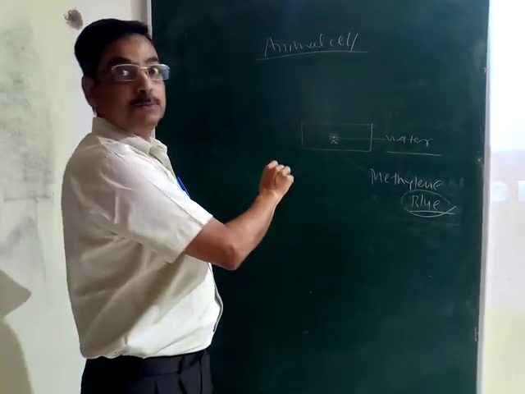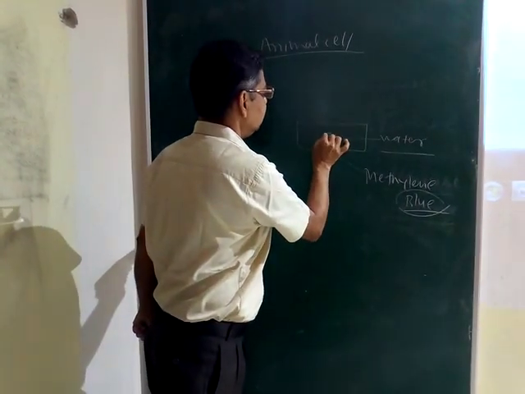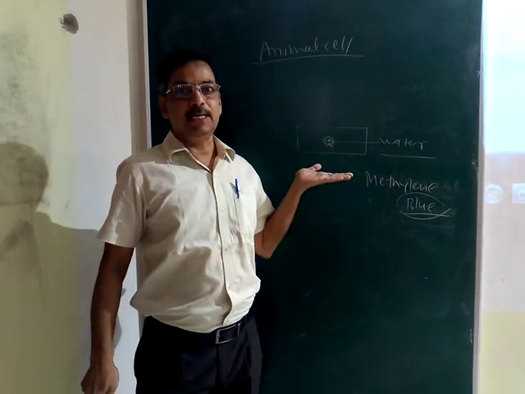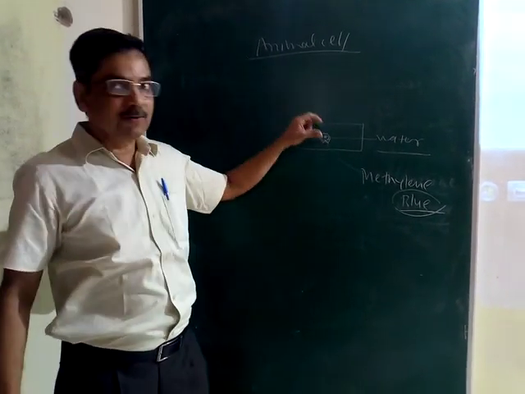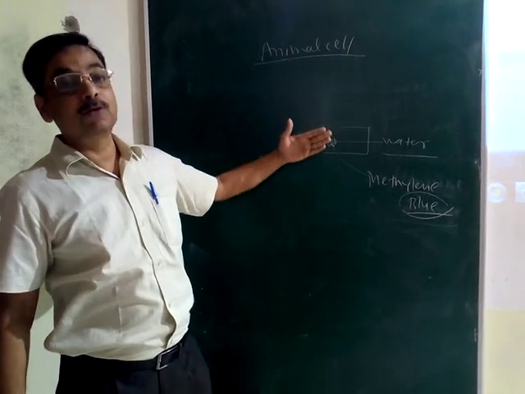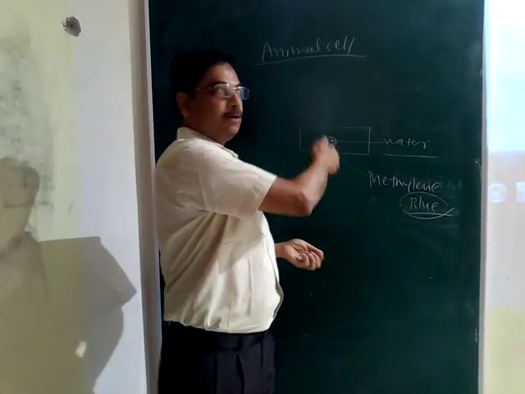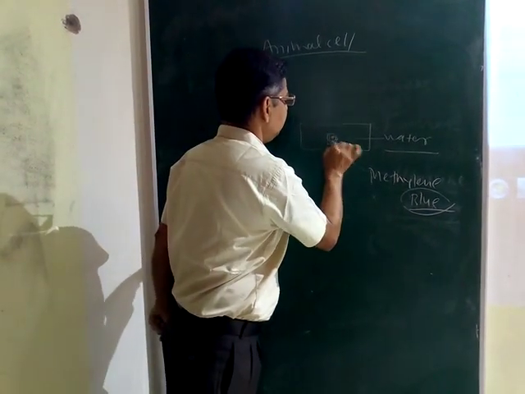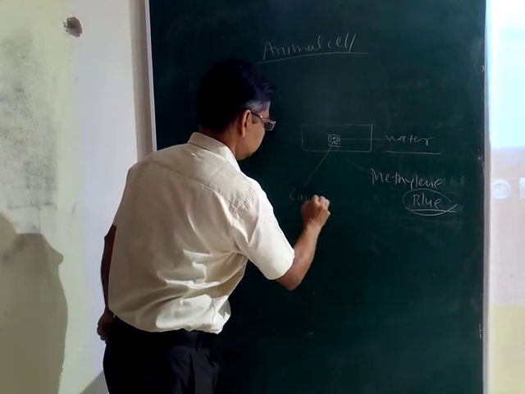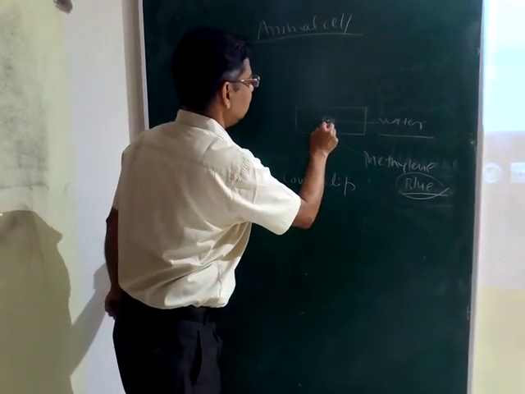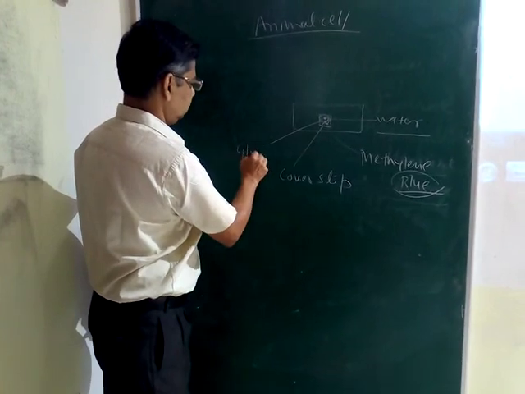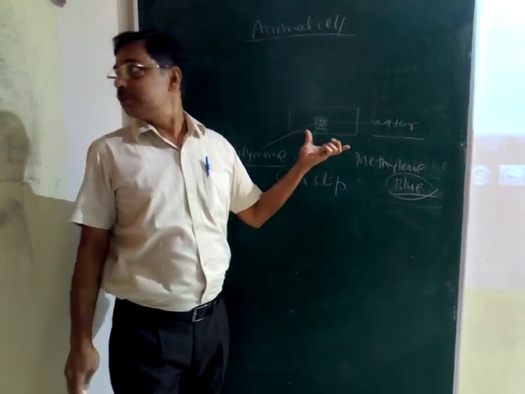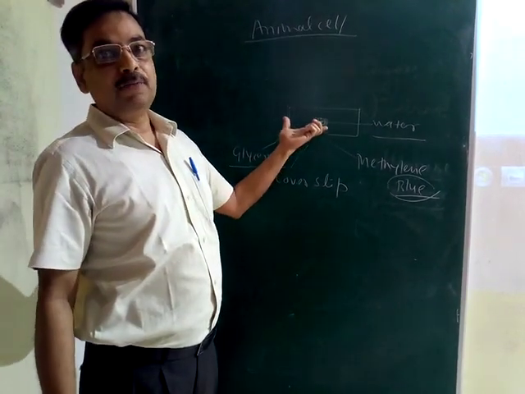And after putting this methylene blue, we again put the glycerine over it. Earlier also we told you the glycerine is a transparent, adhesive material which fixes the cover slip over it. After fixing the cover slip, we can see across, because this is a transparent material. And after putting the glycerine, we again put the cover slip. So this is the slide which shows the property of animal cells.